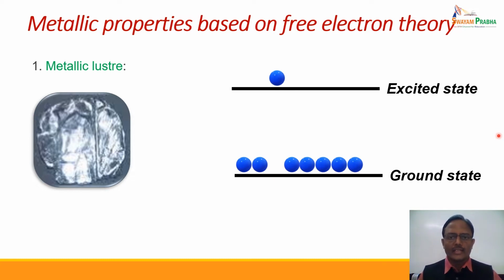While this excited state is unstable and the electron reverts back to the ground state, while coming back to the ground state, it emits its characteristic radiation. The phenomena of absorption of light and emission of light continues, and that goes on continuously because of light falling on the metal surface, and as a result the metal has a tendency to show a characteristic luster.